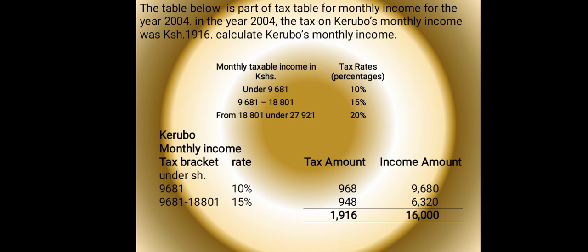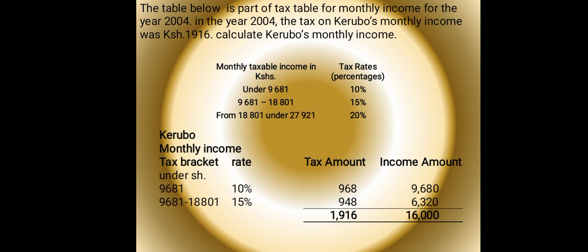The table below is part of tax table for monthly incomes for the year 2004. In the year 2004, the tax on Kerubo's monthly income was 1,916 shillings. Calculate Kerubo's monthly income. Now here we have to break the tax to correspond with the brackets. Now, if the monthly tax was 1,916,